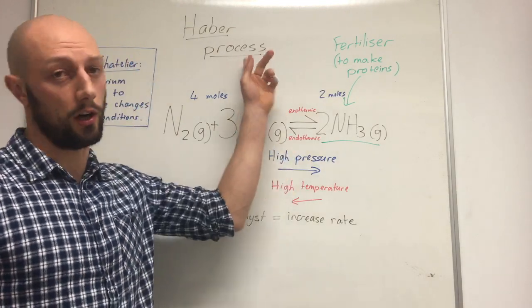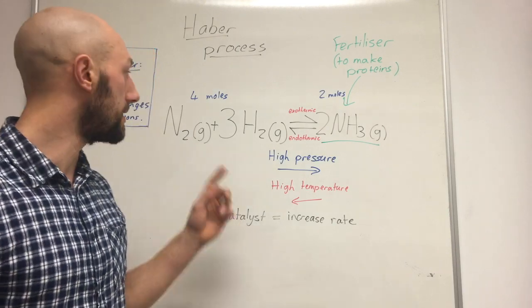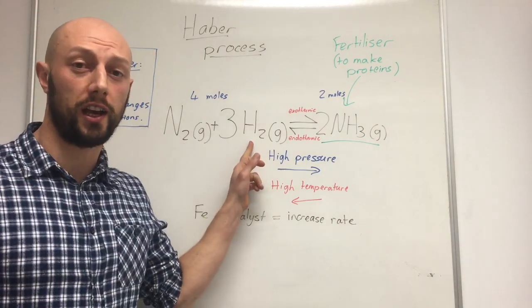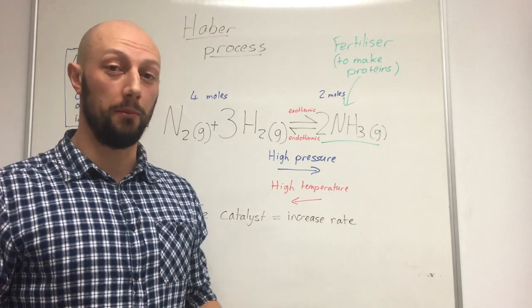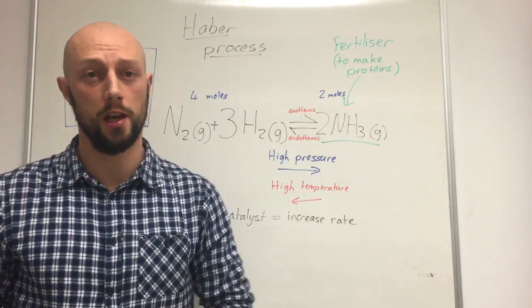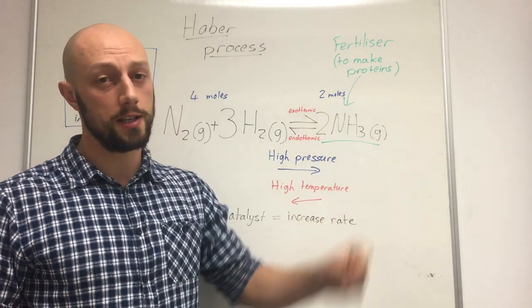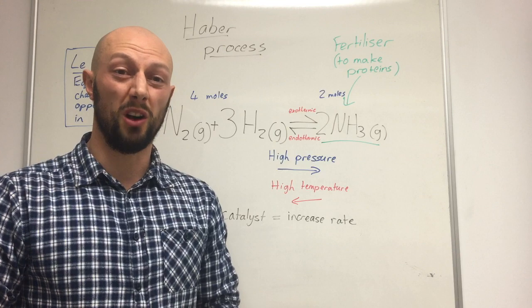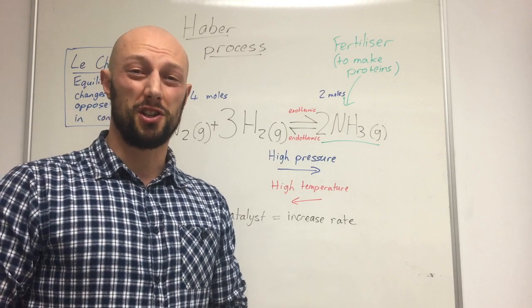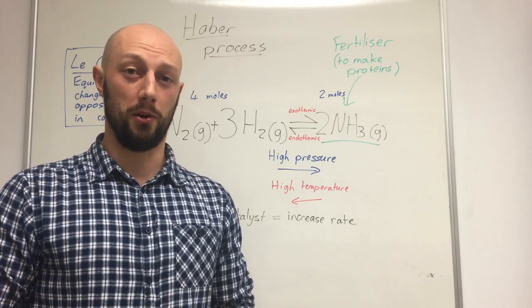We're going to look first at the Haber process. The Haber process takes nitrogen gas and hydrogen gas and produces ammonia. Ammonia is vital for mankind because we use it as a fertilizer for plants. Plants need ammonia to make proteins, and without the Haber process producing ammonia, we would only be able to produce as much as 2/3 of the food that we do at the moment, which means that lots of the world